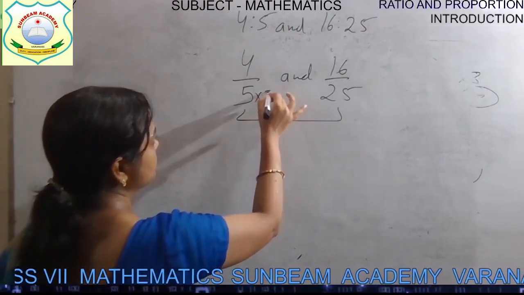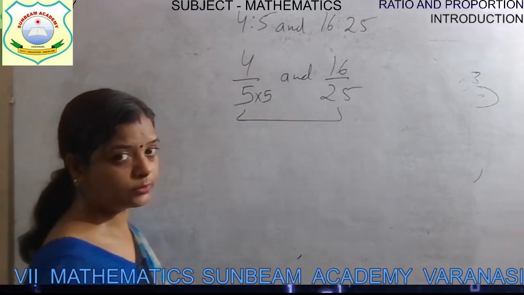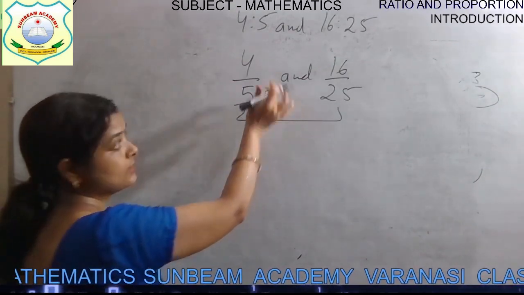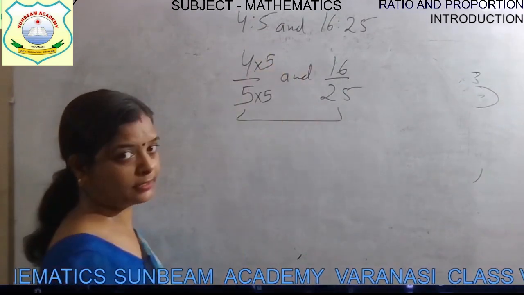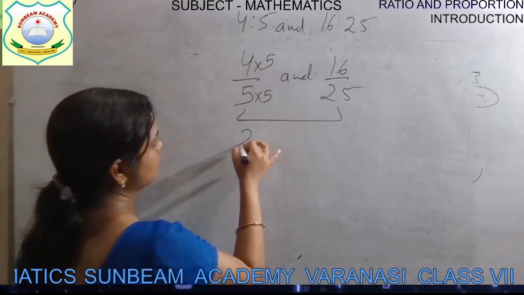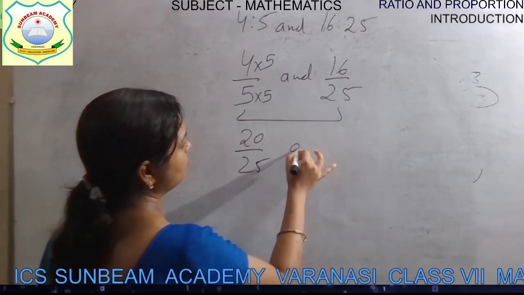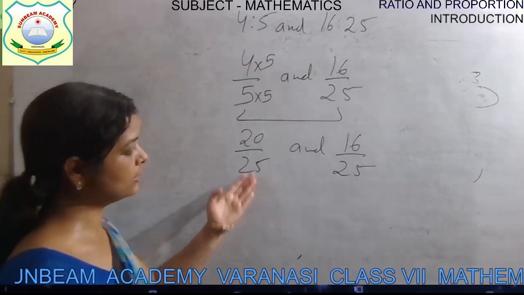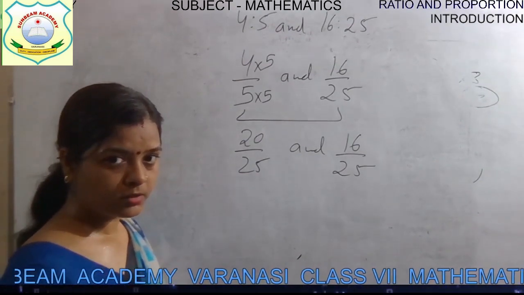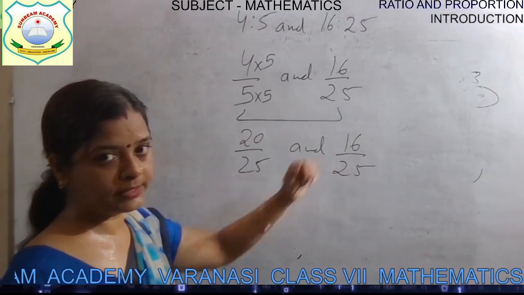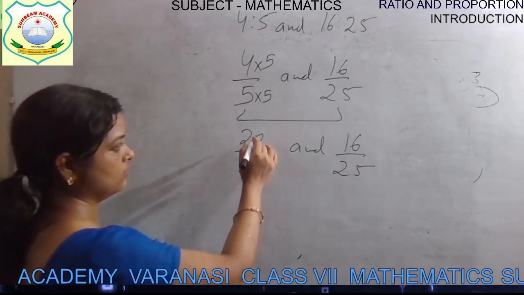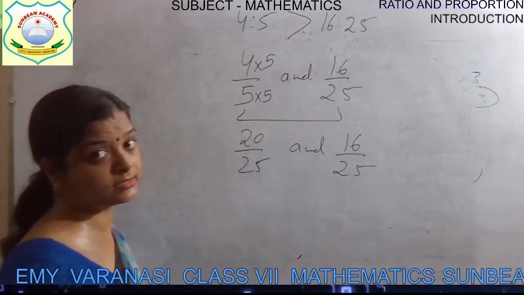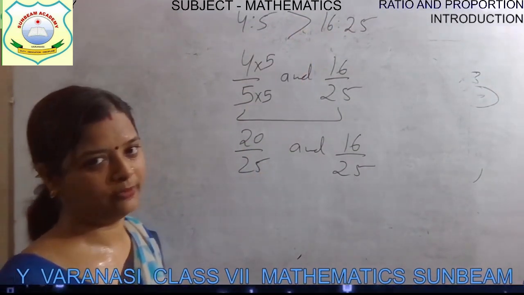And I am simply converting this to 25 by multiplying it by 5. So, if you have multiplied by 5 here, the same process you have to apply in the numerator. So 5 4s are 20, here it is 25, and this is 16 and now it's already 25. Now the denominators are equal. Which numerator part is greater, children? This one. Okay. So who is greater? 4 is to 5 is greater than 16 is to 25.